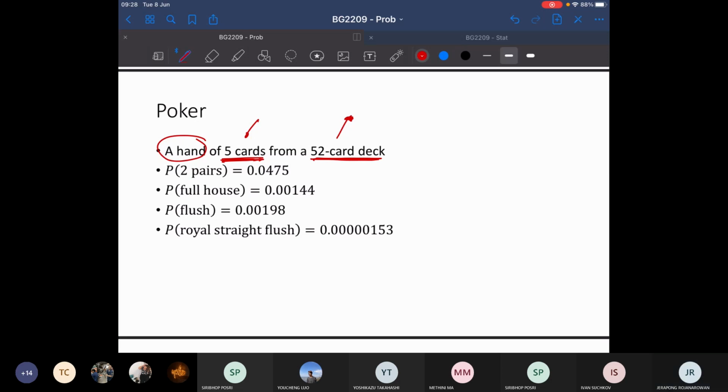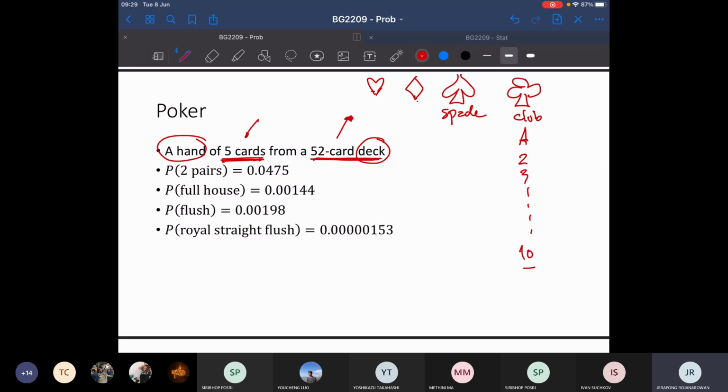So for a deck you have 52 cards which has 4 suits: heart, diamond, and then what's this one, spade, and then club. There are exactly 4 suits. This one is called the club, and this one is a heart, diamond, spade, club. Each one of them is gonna start from Ace, 2, 3, 4, 5, 6 until 10. After 10 you have jack, kind of 11, queen, and then king, and then Ace is